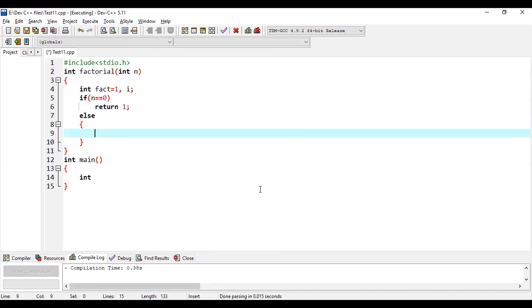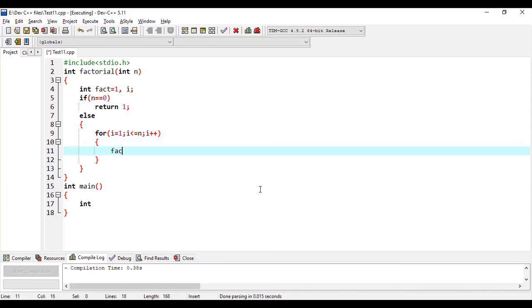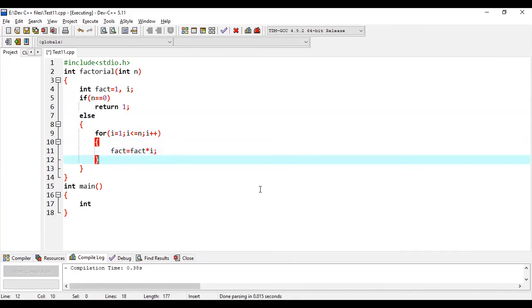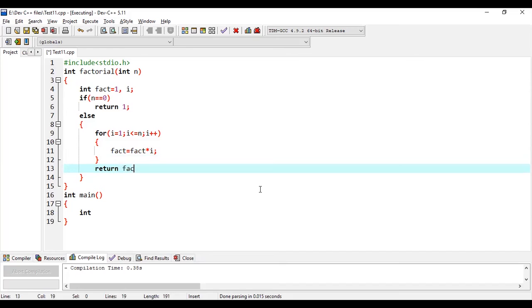I'm including the else part here. What I have to do is for i is equal to 1, i less than or equal to n, and then i++. And inside the for loop, it's very simple. You just have to write fact is equal to fact into i. Sorry, not plus but into i. And then here you have to return fact.